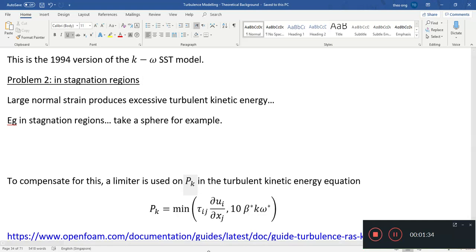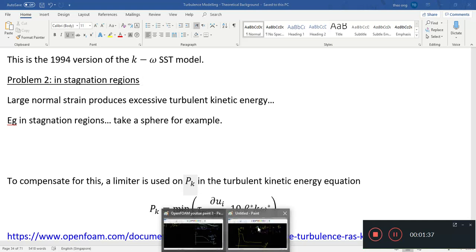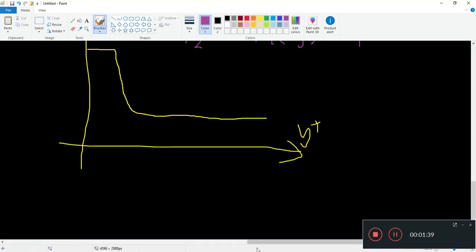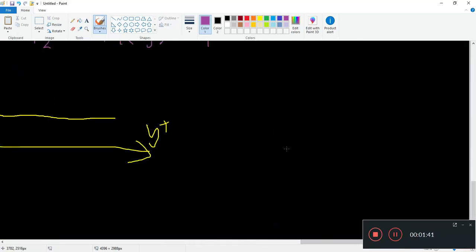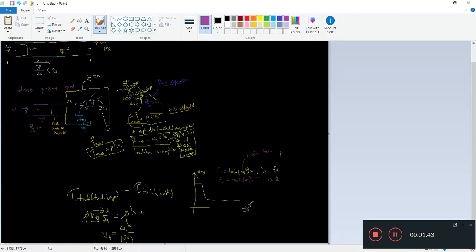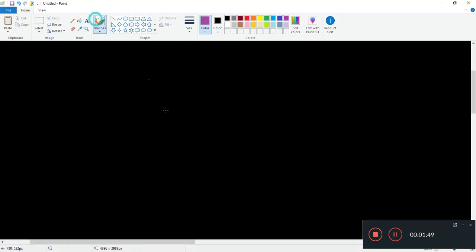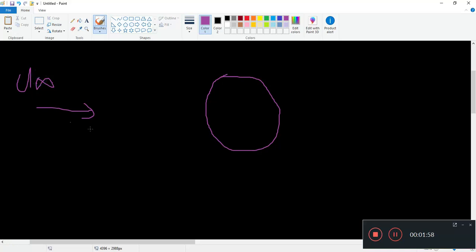So where is this stagnation region? I can just clear this up. So let's see, stagnation. I have a brush here and now I'll draw a sphere. All right. So imagine a sphere in some free stream. There is some fluid blowing onto a sphere,